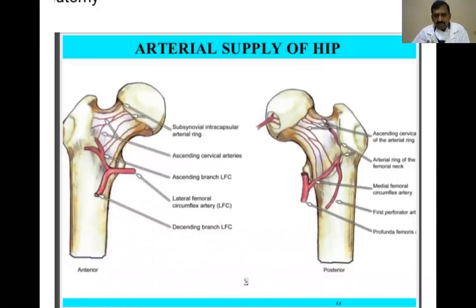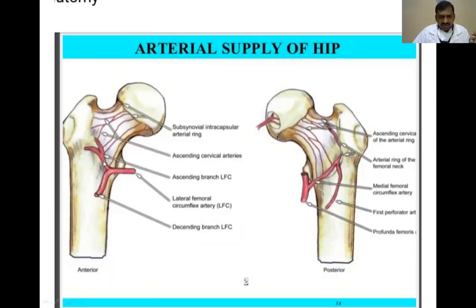Next, coming to the arterial supply, the blood vessels supplying the hip joint are also very important. Here on the capsule, there is a fibrous capsule covering the joint. It has two types of fibers: orbicular or circular fibers, the zona orbicularis, and another one, reticular fibers. Along the reticular fibers, the blood vessels run,